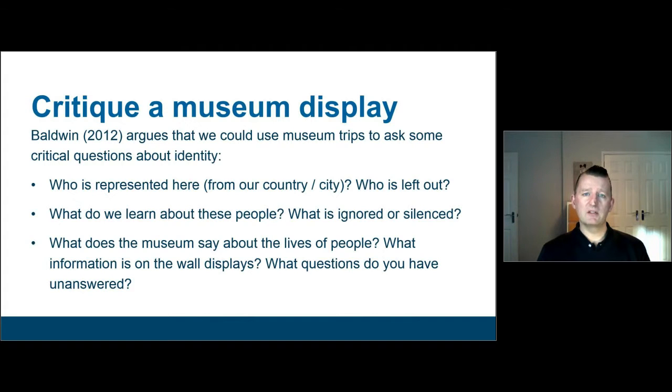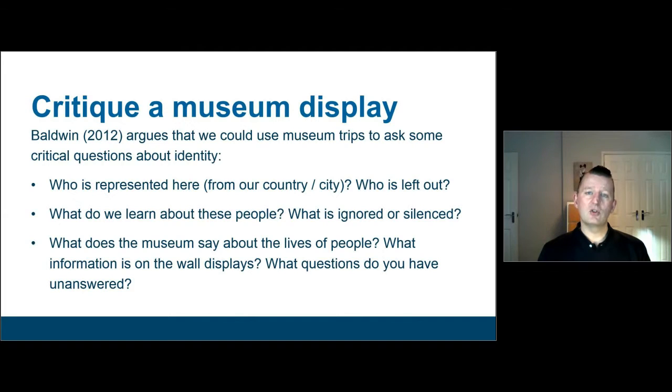It's a really good way in to talk about recent demographic change, or to think about social diversity. You can look in lots of museums and think about: is there an equal balance here between men and women's lives, between children and adults' lives, between members of ethnic and religious minorities and the majority, between normal people and powerful people? So all of these questions can inform a more critical reading,